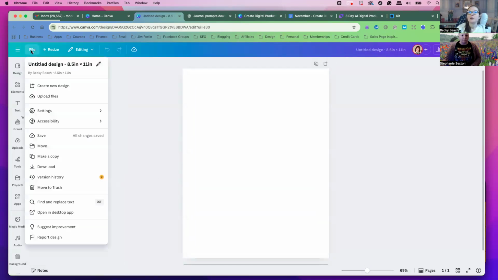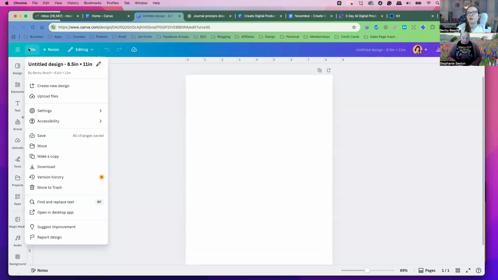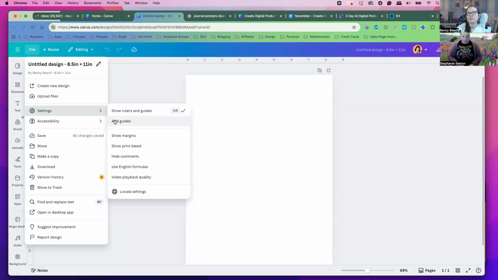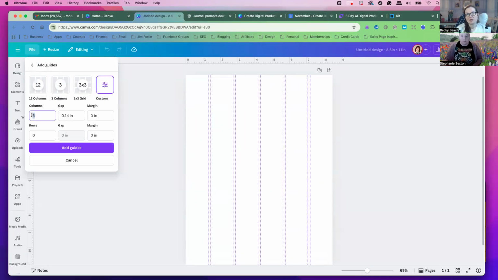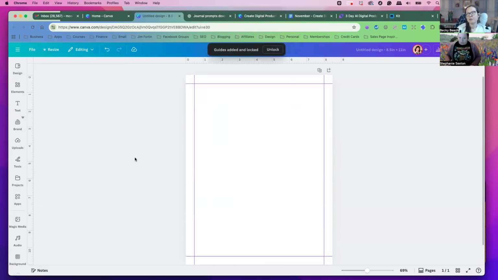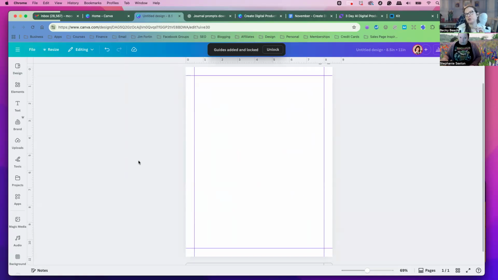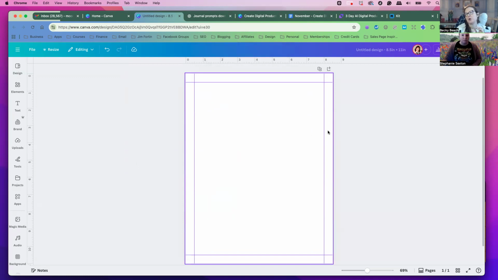Then we go to File, Settings, Show Rules and Guides, and then File, Settings, Add Guides, and then Custom. And then do 0 columns and 0.5 margin. The reason is, if you're going to be self-publishing this on Amazon KDP, like I've self-published about 60 books, unless you add a bleed, Amazon KDP doesn't like anything to go past a 0.5 margin.